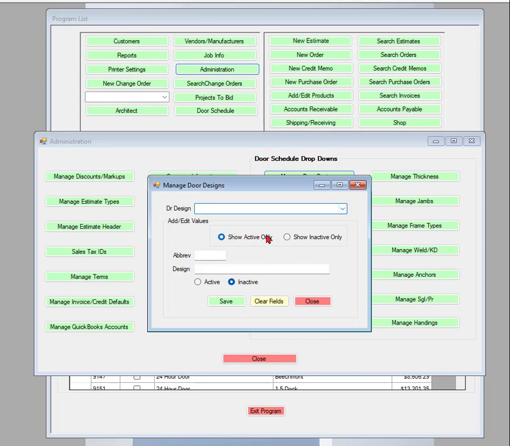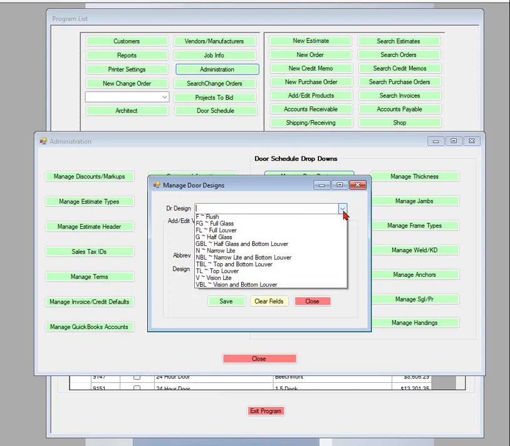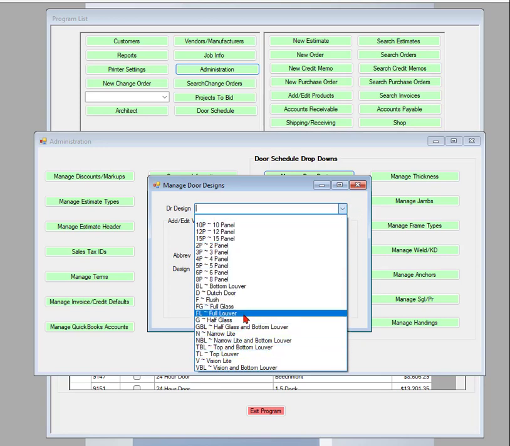If for any reason you ever had to go back to it, you click on Show Inactive Only at the drop-down. There it is. We'll select it, and then we'll make it active and save it. And now there's nothing under inactive. We go back to active. You can see there's everything. So you can change these. You can even edit